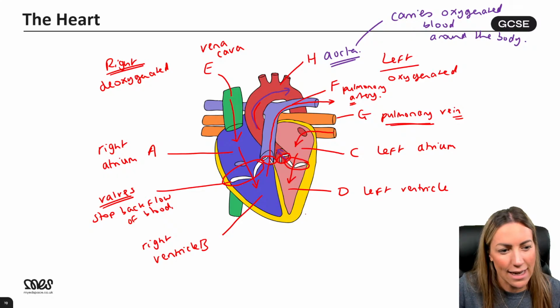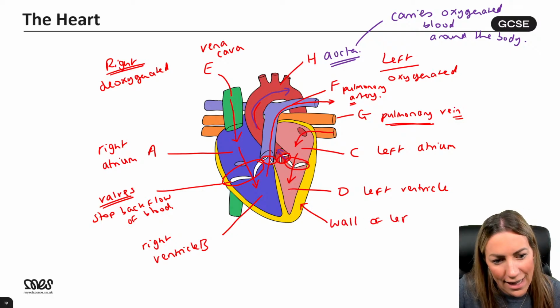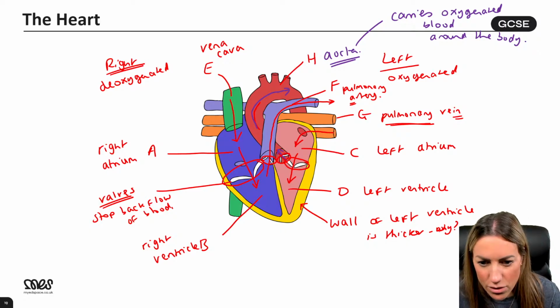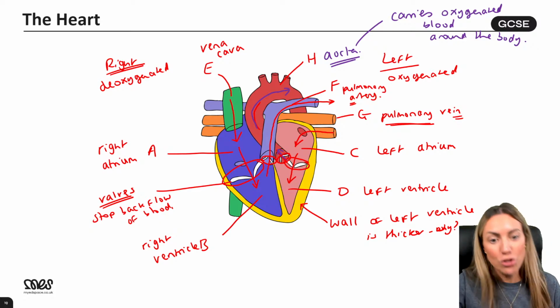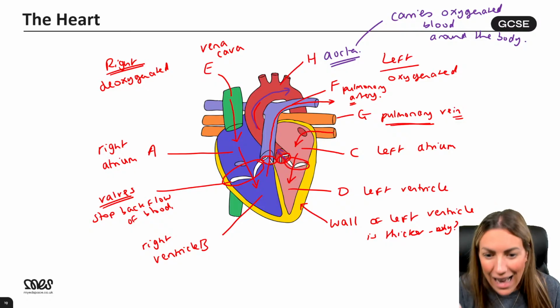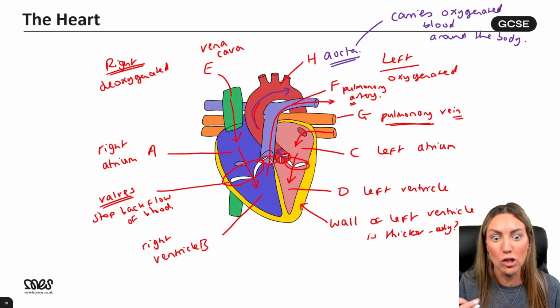And the wall, just last thing I should mention to finish, why is the wall of the left ventricle thicker? Why? Why is the wall of the left ventricle thicker? Right, good. You're all telling me the right thing. It needs to contract with more force, right? It needs to contract with more force to create that higher pressure, which a few of you have said, because that's the chamber that is pumping the blood into the aorta. It's got to get all around your body. So the wall of the left ventricle will be thicker.